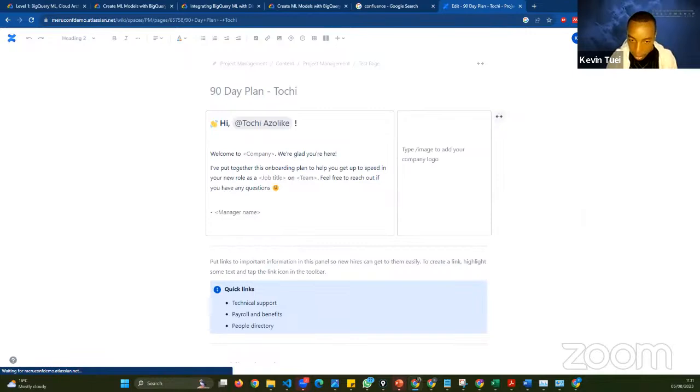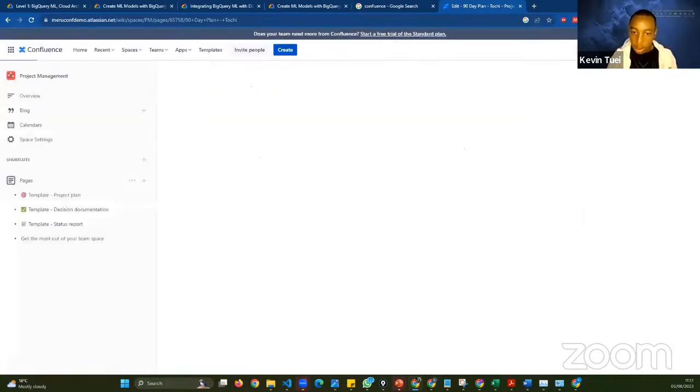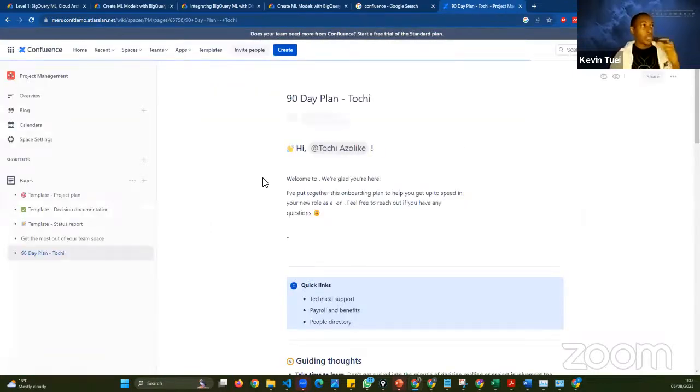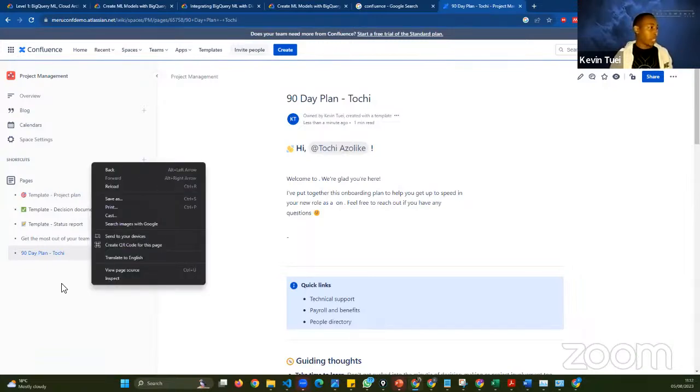Let me see if there's anything. You only saw, oh, you selected, okay. Can you see this space? Can you try to create a page? You can try to create a page on this space so that you can see. And then I can put everything under,